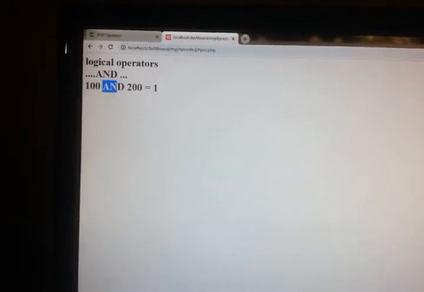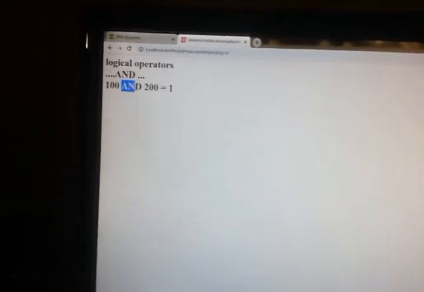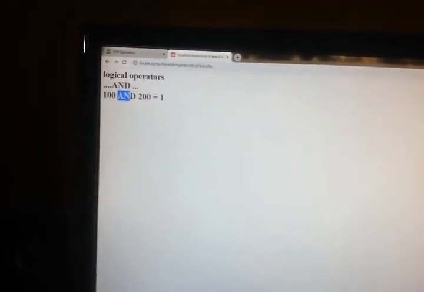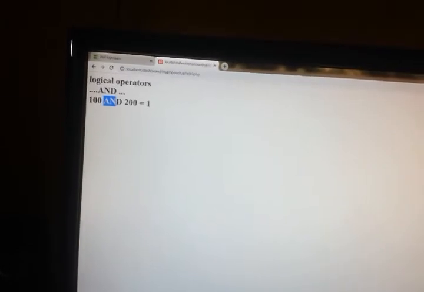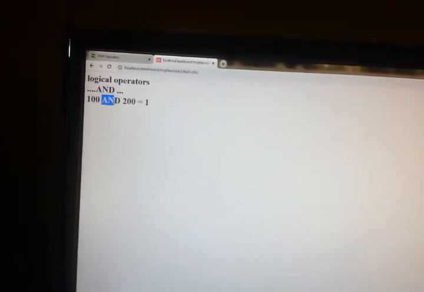Actually, AND means multiplication. So we do this multiplication for binary values only. So the binary values what we use here is 0 and 1.